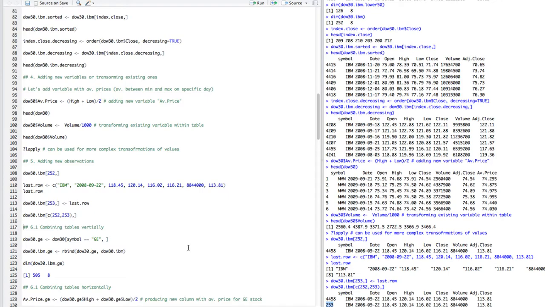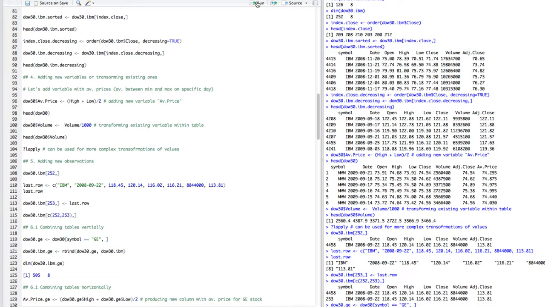So to illustrate this, I'm going to create another table for General Electric stock, which will contain all the data, but only for where symbol is equal to GE. And then I'm going to combine this, to stack it on top of the IBM table. And to do it, I'm going to run this rbind function, which stands for row bind. So we're just going to take those two tables, put them together, and produce a new object, which I called